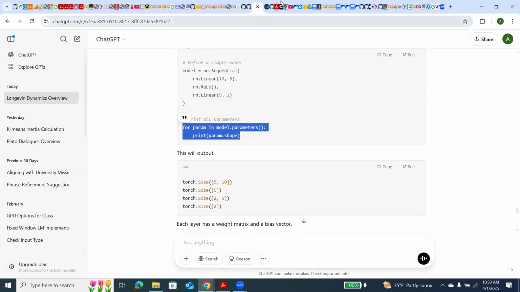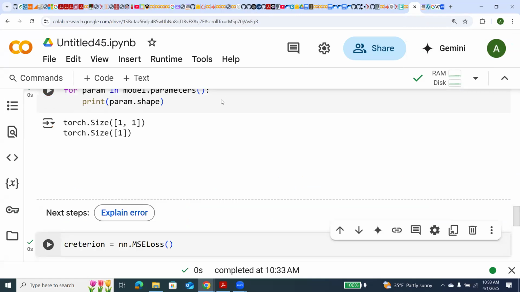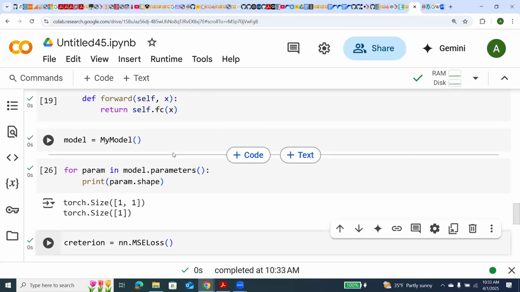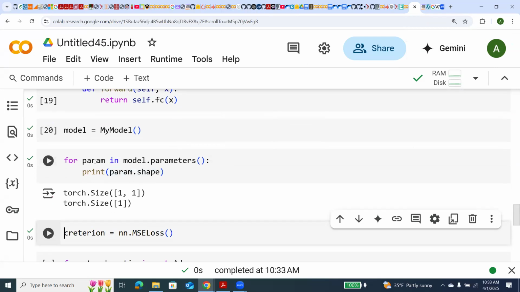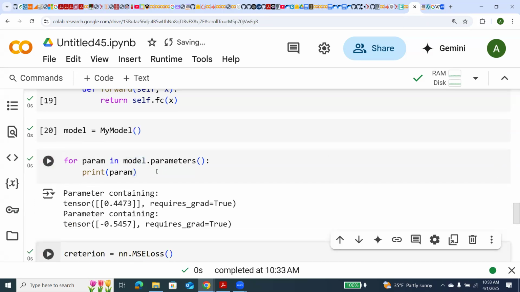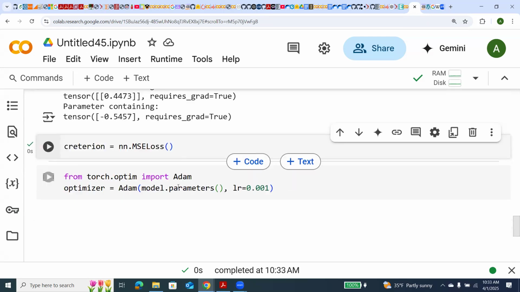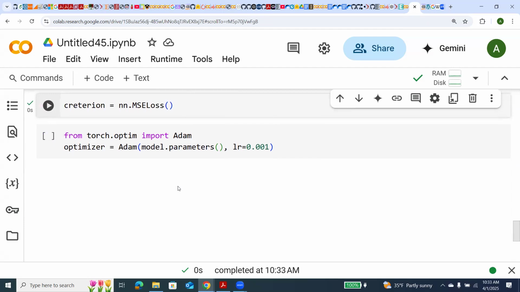Let's see. Okay, so it looks like parameters is an iterator, and we can just iterate and print parameters or the values themselves. So these are the current values of our W and B, and you can see they require grad equal true. Okay, so we pass these parameters into our optimizer,